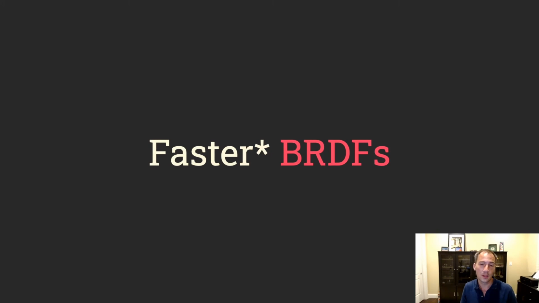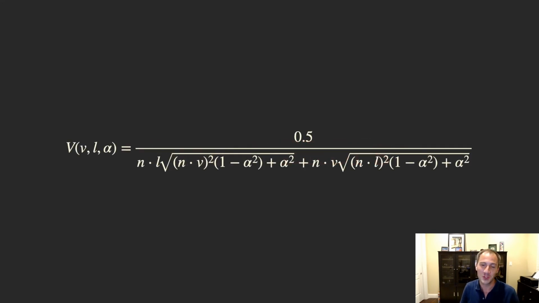All right, now let's take a look at how we can make a couple of our BRDFs faster. And by faster, I mean making them more wrong. So here's the height-correlated Smith visibility function described by Eric Heitz in Understanding the Masking-Shadowing Function in Microfacet-Based BRDFs. And it's the term that we use in Filament, at least on desktop. If you look at it, it has two square roots. But let's focus on the square roots. If you look under the square roots, all the terms, more or less, are squares.